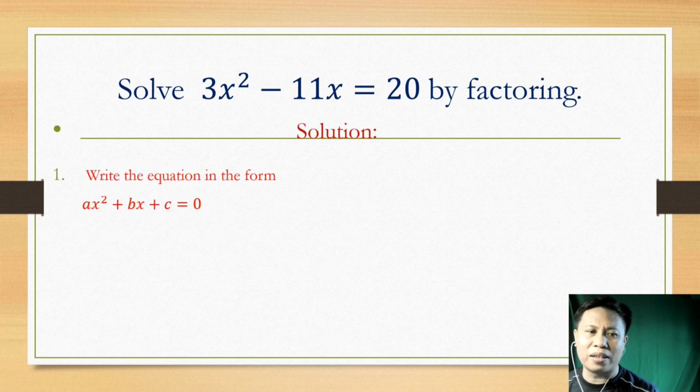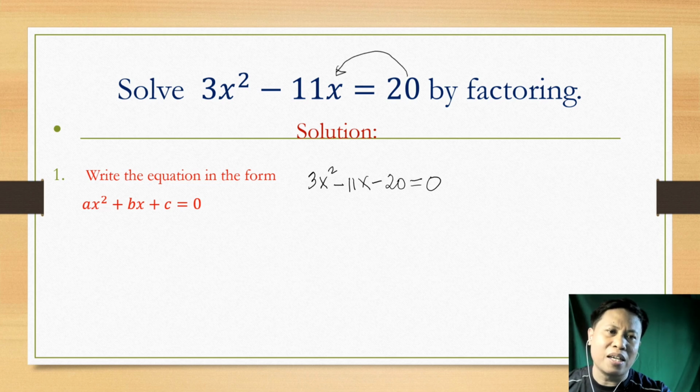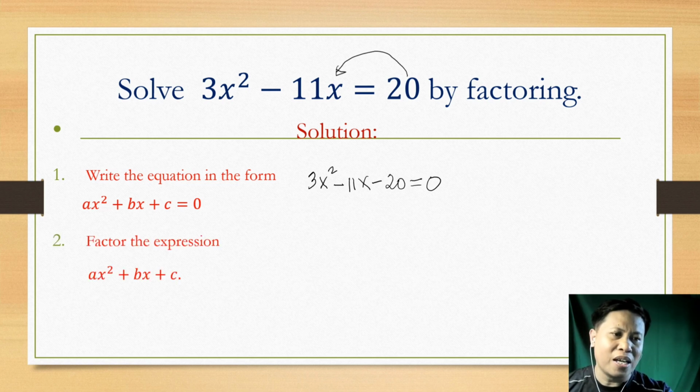Okay, first we have to write the given equation in standard form. So we have now 3x squared minus 11x minus 20 equals 0. So we transpose negative 20 to the left side, becomes negative 20. Then after that, we have to factor the expression 3x squared minus 11x minus 20 equals 0. So, ipa-factor natin itong